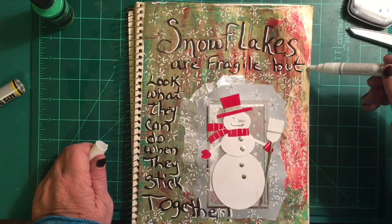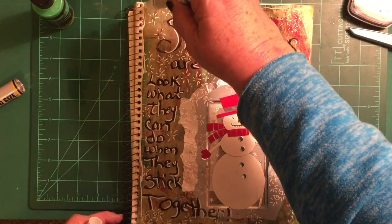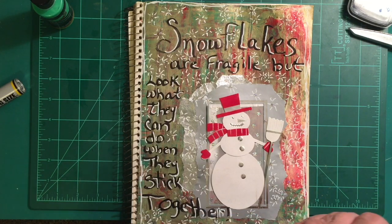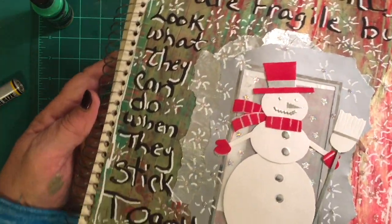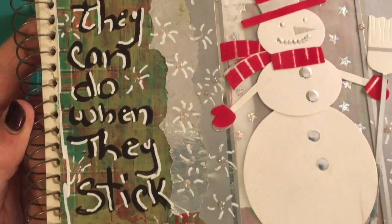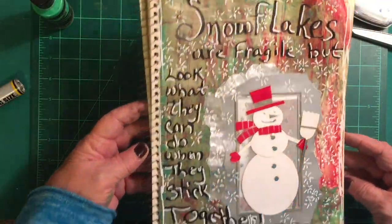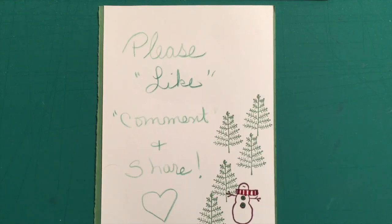Oh, well, okay. I forgot to put a little border on it. And just something quick, just something fun, nothing fancy, nothing outrageous, just a fun, quick little border to put in. But look at this. Look at how it shimmers. Now watch in a minute. Try to get that nice and close so you can see. Now, there we go. You see all the little silver and gold shimmers. And of course it was more fun when it went slower, but